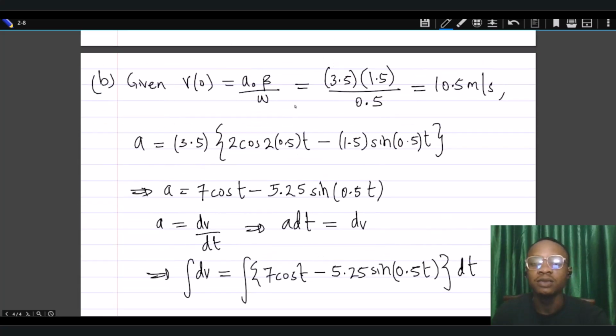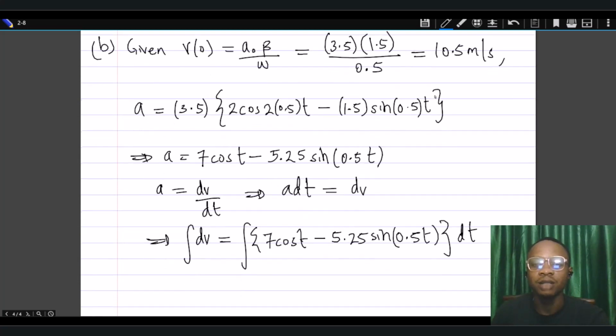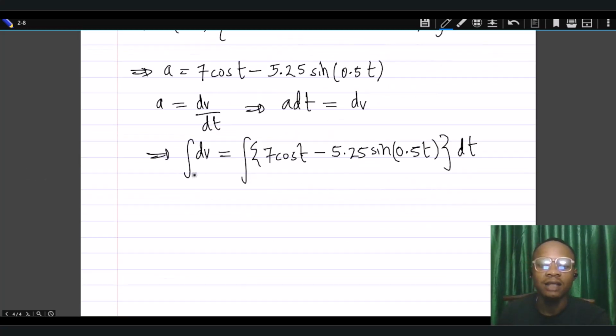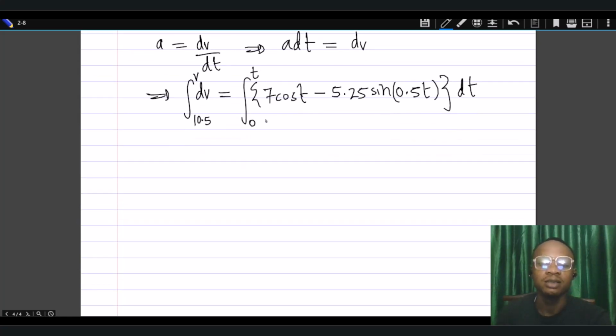In this case, we have our initial velocity to be 10.5. So at time t equals 0, this was 10.5. We want to find out what v is at any time t. So we go ahead to evaluate this. The integral of 1 with respect to v is v, evaluated from 10.5 to v. This is equal to the integral of 7 cos t, that is just 7 sine t, and then the integral of this